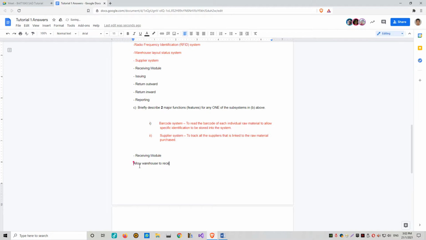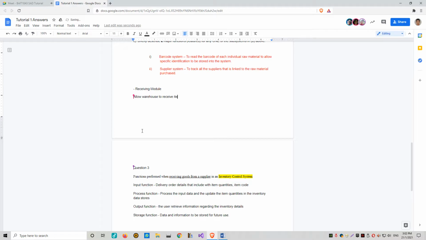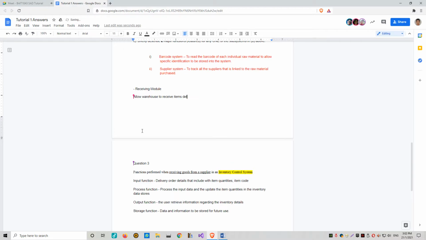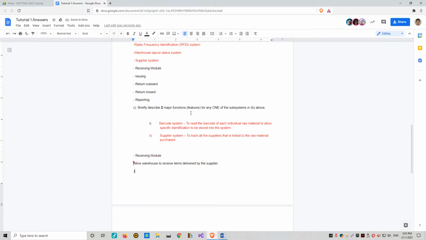Allows the warehouse staff, here the warehouse staff for the manufacturer. Remember, the factory also has its own warehouse to receive items delivered by the supplier.